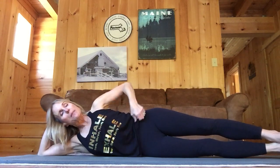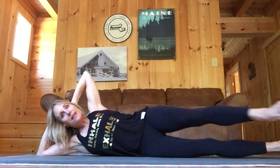Head and hand. Upper body is back, but the feet are forward. And so this hand can remain on the mat in front of you or behind your head. Either way, try to just engage the body, bring everything back into a centered place. Top leg comes up, and inhale forward with the leg, exhale, swing it back. Last two,